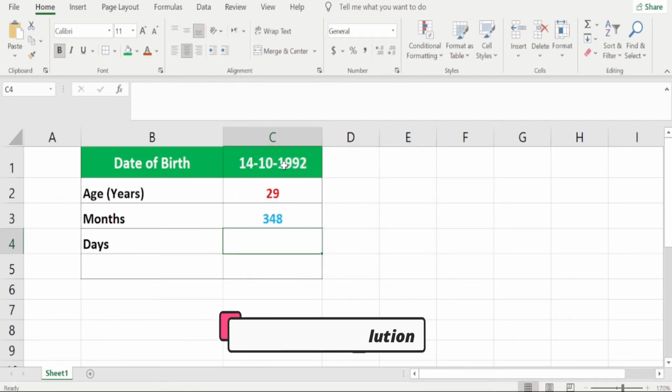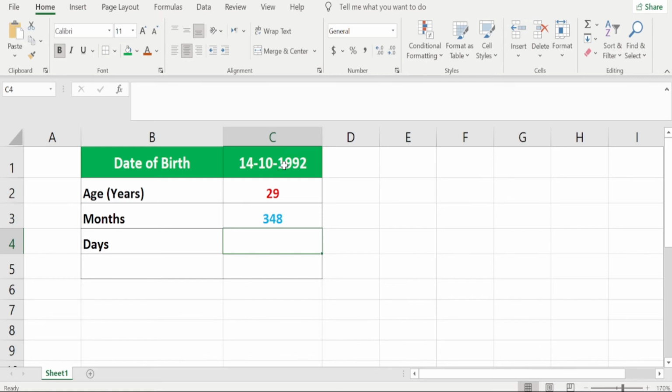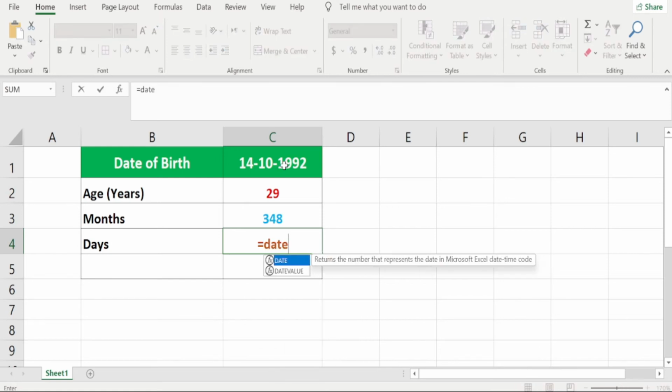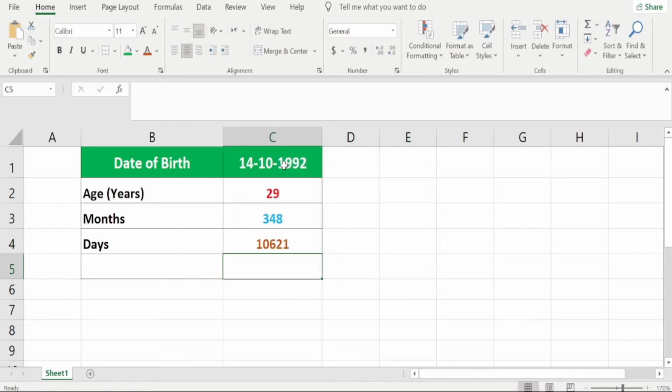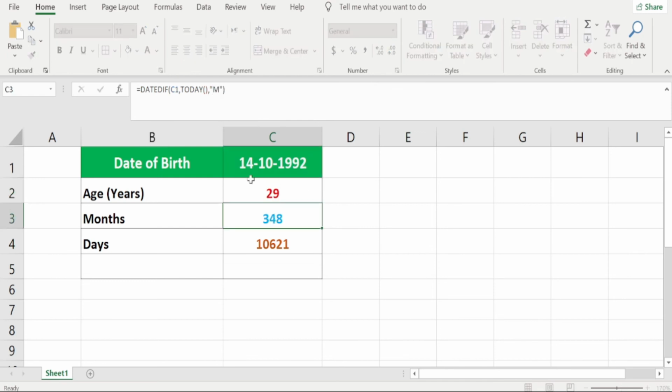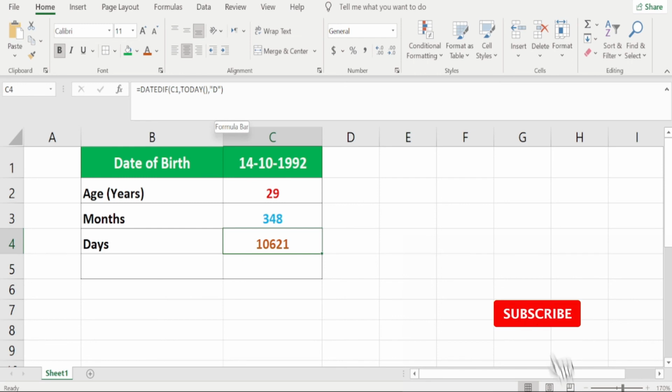And if you want to calculate in days, just type =DATEDIF, small bracket starts, cell reference, type a comma, TODAY, small bracket starts and close, type a comma, D for days, press enter and yes. Guys, you can see my age is also calculated in days, months and years. All the formulas are the same, but the last letter is just changed. For years you have to type Y, for months you have to type M, for days you have to type